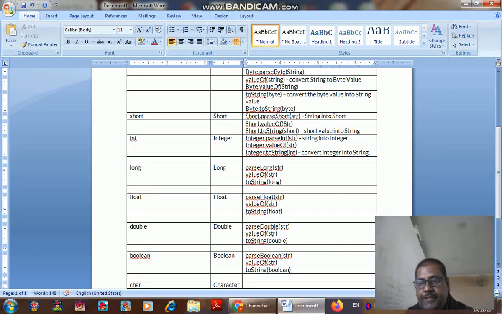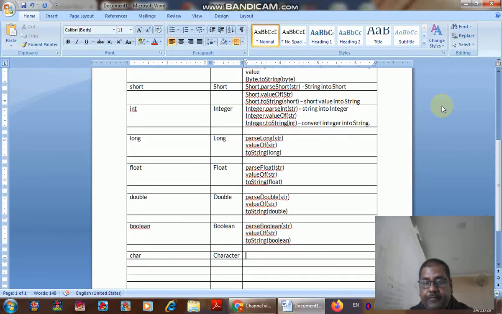These are the functions that you have to study of each wrapper class, and each wrapper class is of each primitive data type, and this is what we have to undergo.